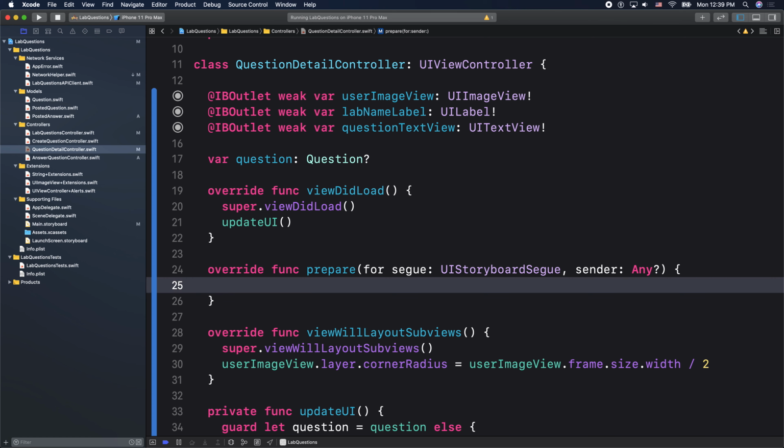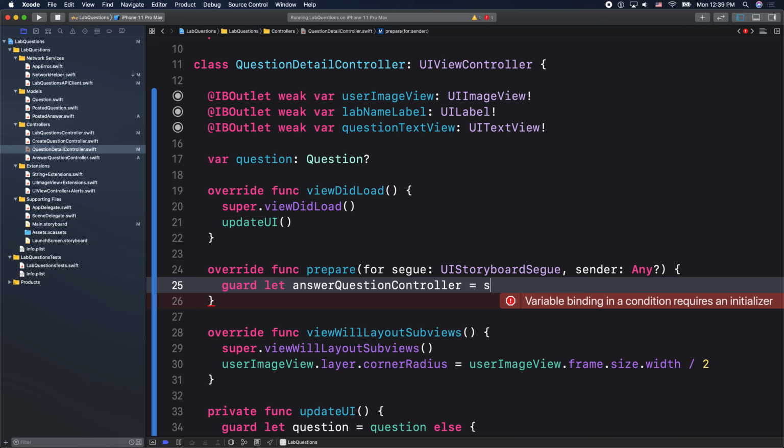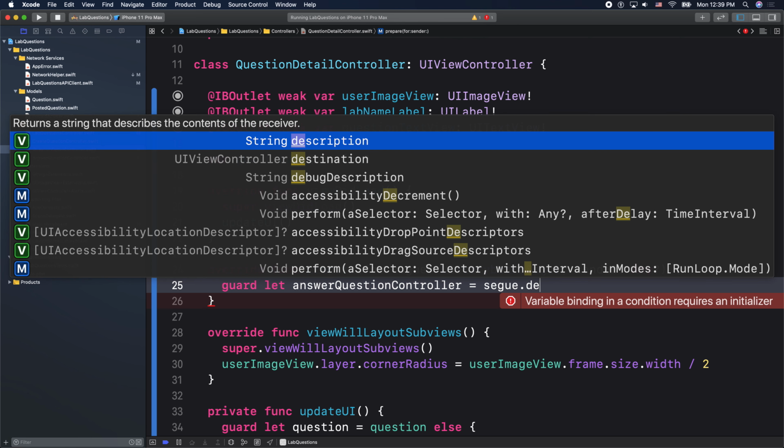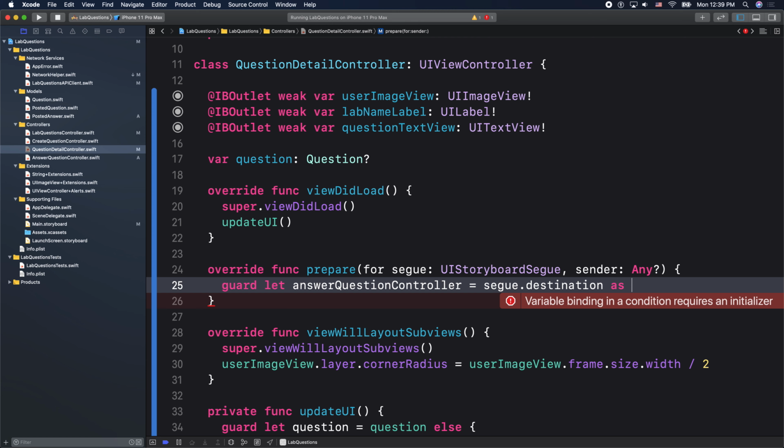I need access to my answer question controller. I get access to it via the segue.destination as